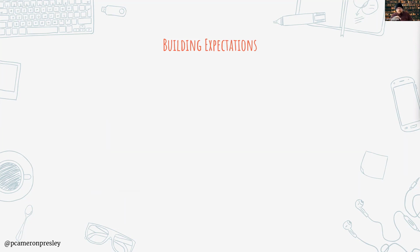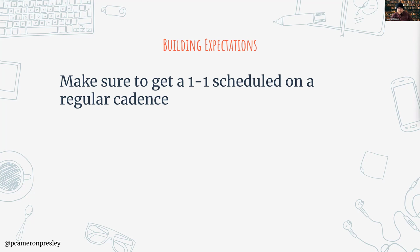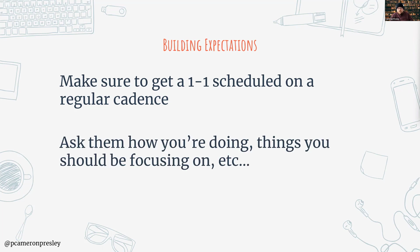To continue on these expectations, you get this intro conversation. Make sure you also get a one-on-one scheduled. This is either a weekly or a bi-weekly meeting, usually 30 minutes, where your job is to talk about whatever's on your mind. Maybe it's questions, maybe it's feedback you've got, whatever, but you really want to have that conversation with them. A mistake I see a lot of engineers make is they go into these one-on-ones and they spend the entire 30 minutes talking about whatever comes to their mind, which the first couple of ones should be like that because you're getting started. But you also need to make